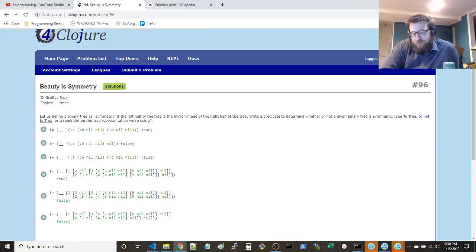And what you're going to do is, whoa. Yeah, destructure into 3 values, the value of the node and the left subtree and the right subtree.